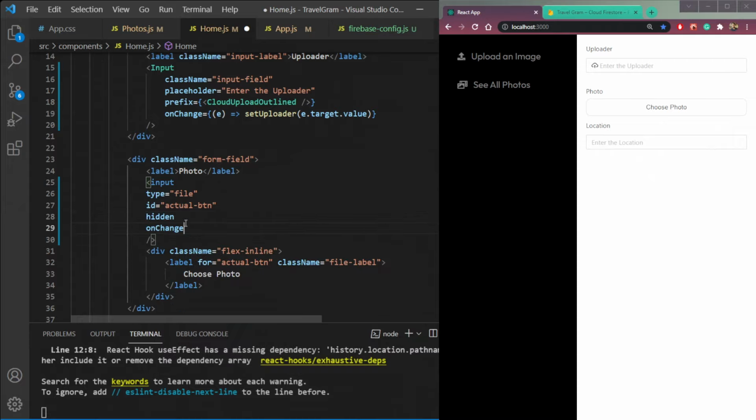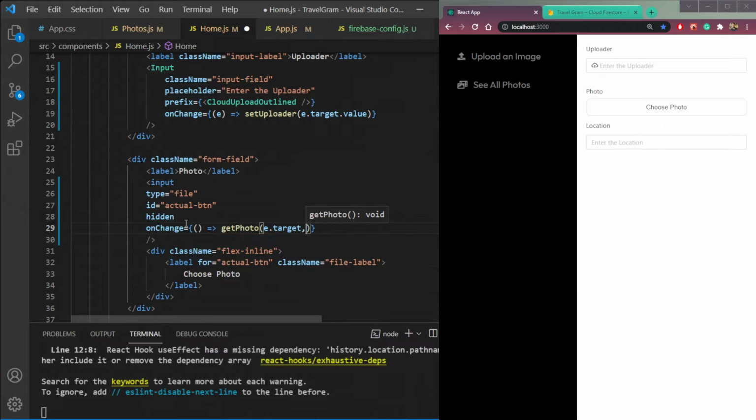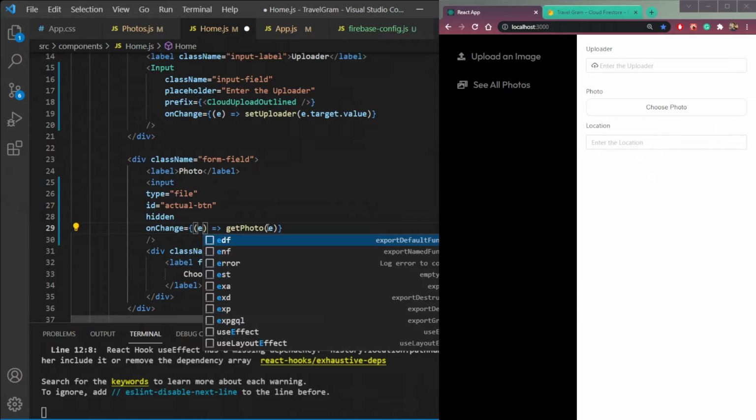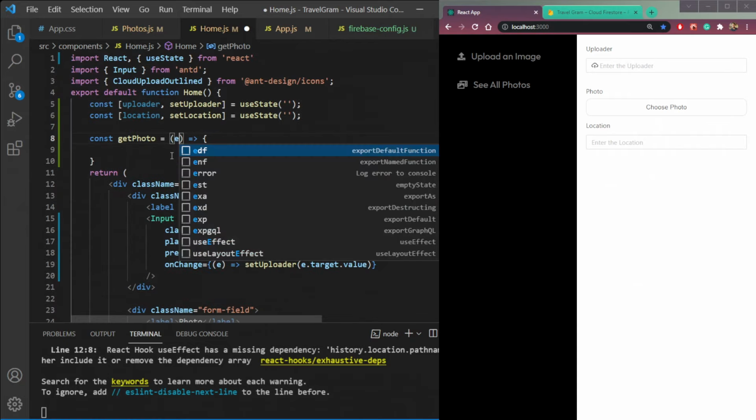So on change, get photo, and this will be e.target. Okay, let's just make it simply e, and we will get data from here.